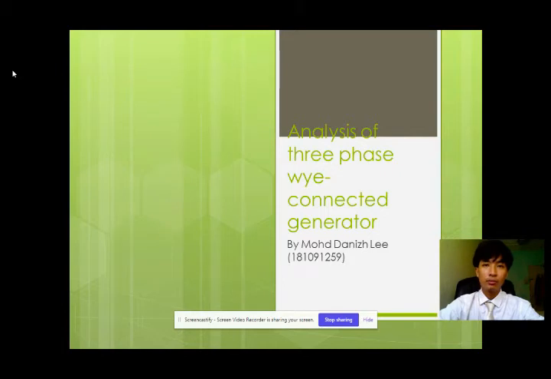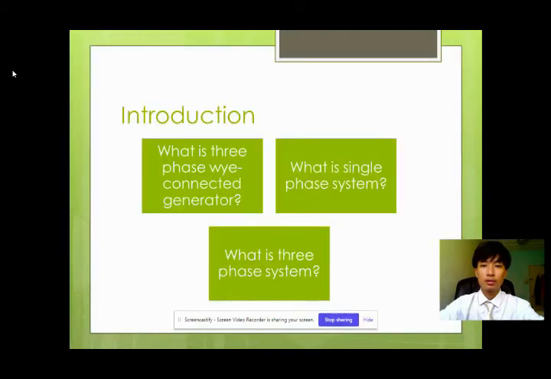So I'm going to present about the analysis of three-phase Y connected generator. I'm going to start with the introduction part. Okay, so what is the three-phase Y connected generator? I'm going to just tell about the introduction first, which is, so a large portion of the electrical